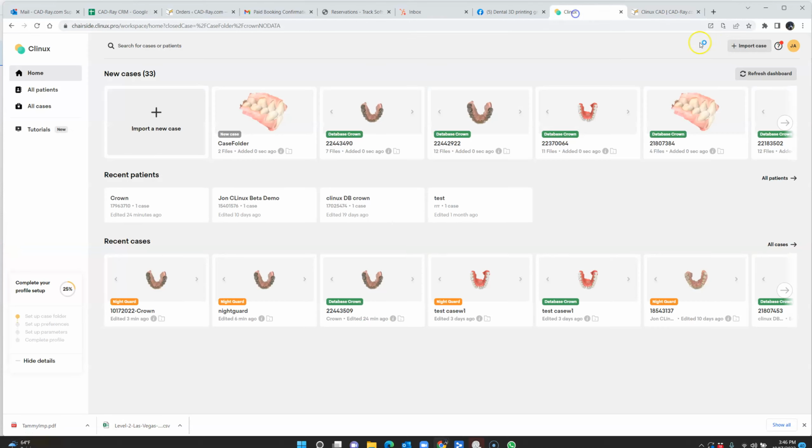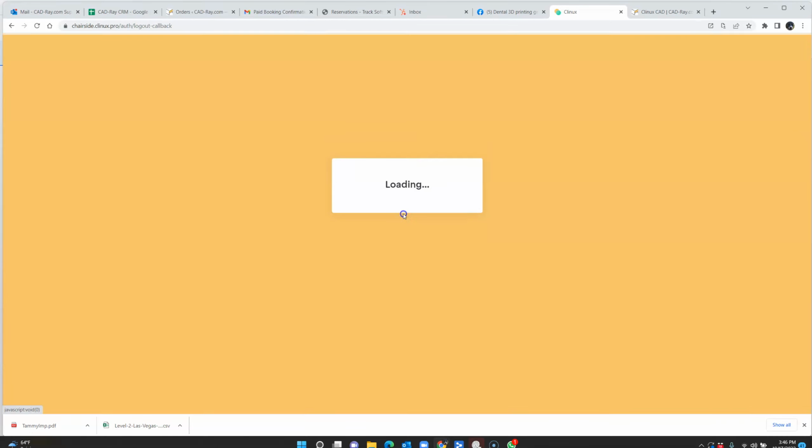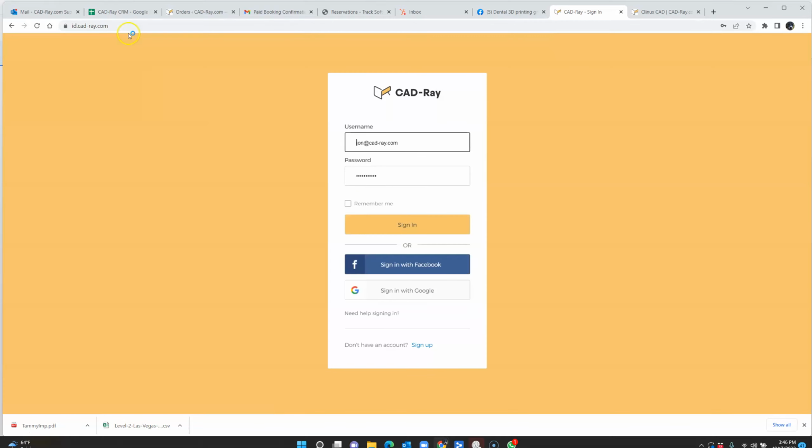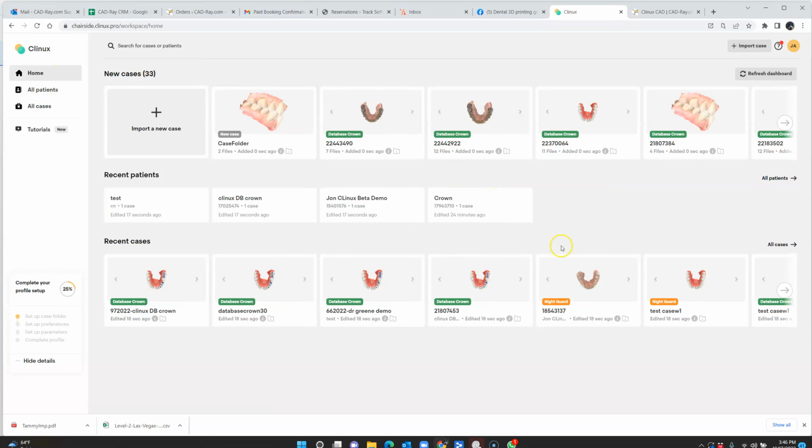And when you head over to CLINUX, I'll log out here and show you what that looks like. You go to chairside.clinux.pro. You use your CAD-Ray credentials, your user ID and password. You click Sign In, and it will automatically bring you to the CLINUX home screen, and that's all you need to do to create a CLINUX license. And when you get to the home screen, it'll bring you to this new dashboard that we've